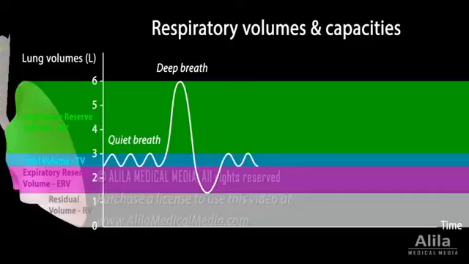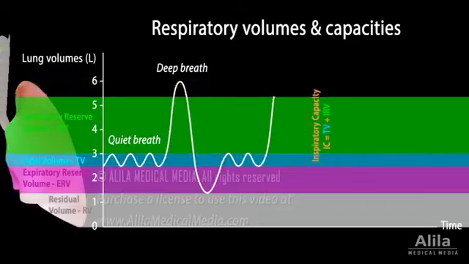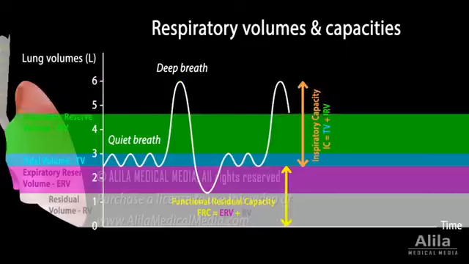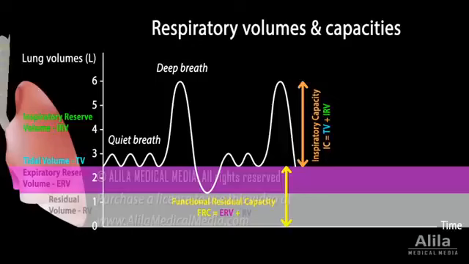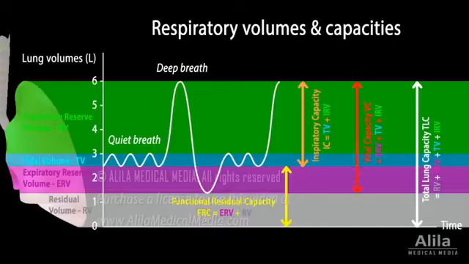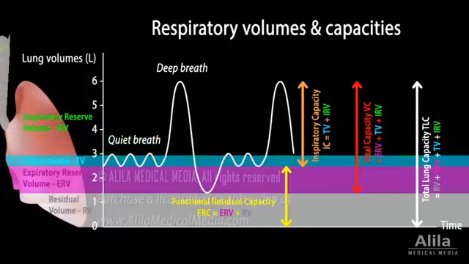These volumes are used to calculate other parameters, called respiratory capacities. Inspiratory capacity, IC, the maximum amount of air that can be inhaled after a quiet exhalation. Functional residual capacity, FRC, the amount of air remaining in the lungs after a quiet exhalation. Total lung capacity, TLC, and vital capacity, VC, the amount of air that can be exhaled with maximum effort after